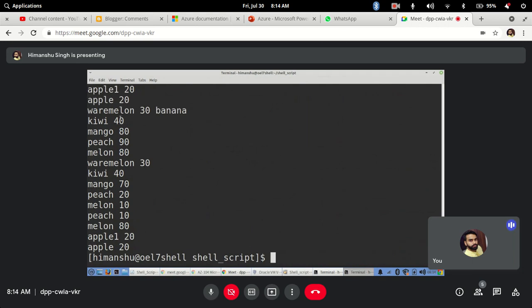So see, the first one is getting changed but the second one is not, right? Same thing we have seen in vi, that only the first occurrence it is replacing, not the second one.